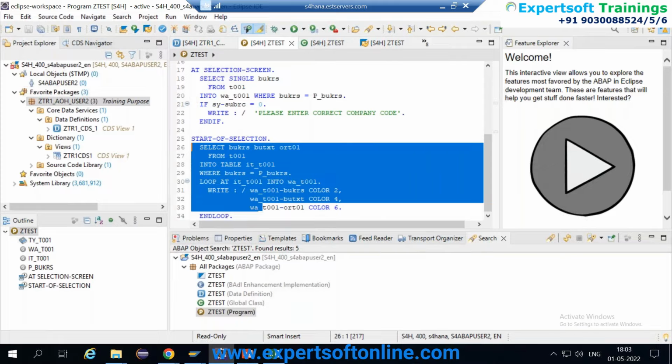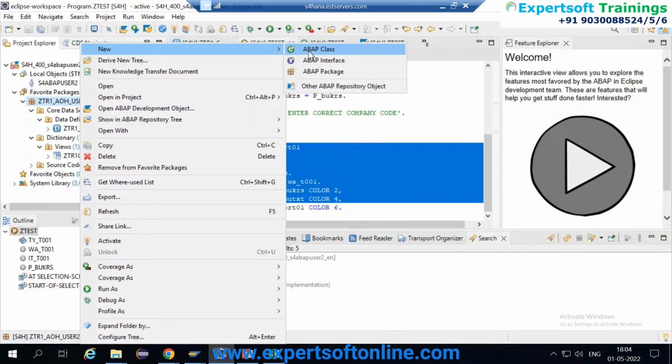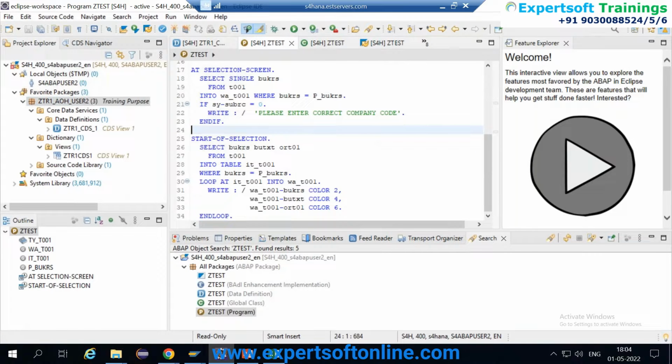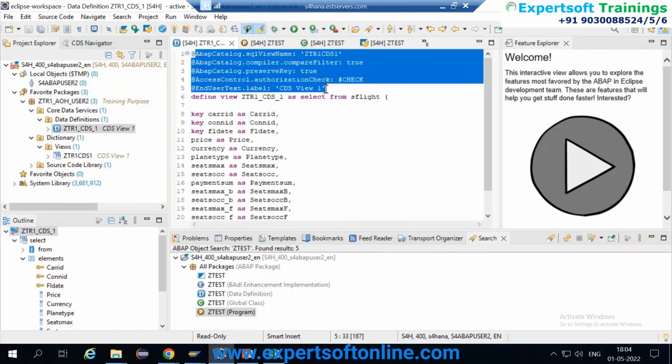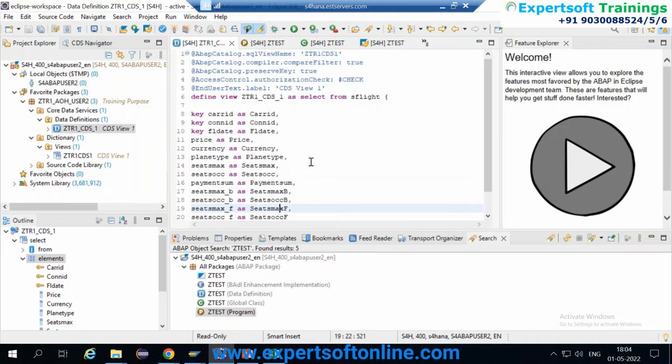So this is coming from the backend system. You can create classes and programs here also. If you see new class, you can create an ABAP class here in Eclipse. When you go to RAP programming, you don't have this ABAP program option. In the new RAP paradigm, RESTful ABAP programming, you don't have this option. But as long as you are connected to on-premise, you have this option. I have created a basic CDS view to give you a look at how we are going. We will explain all these annotations which we are using, their practical use, and what they mean.